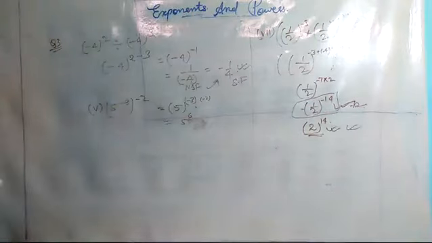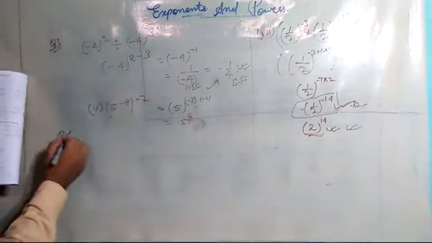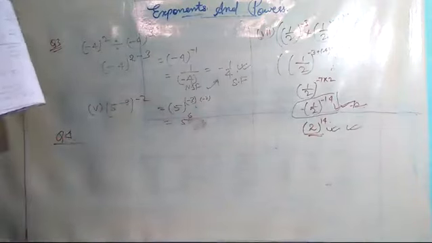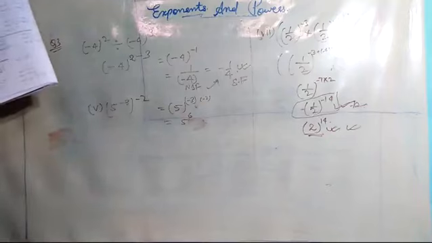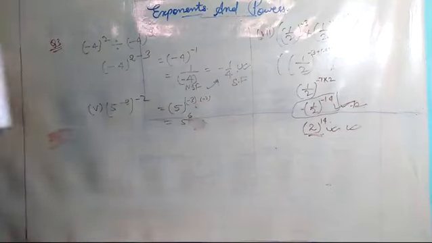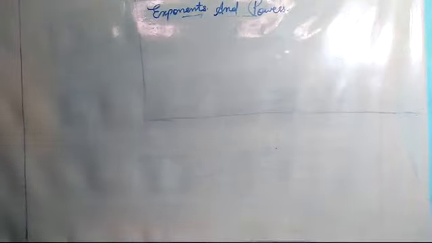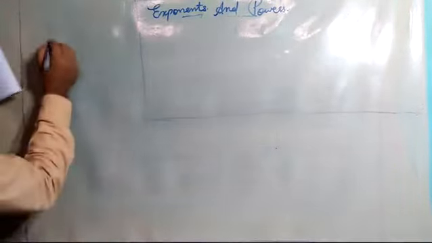Now question number 4 we will discuss. Question number 4: find the value of each of the following. It is very easy, my dear students. No need of solving on the board here, and the evaluation is also easy. But I will discuss 5 to 9 in lecture number 3. Now question number 5. I thought of completing it here itself.